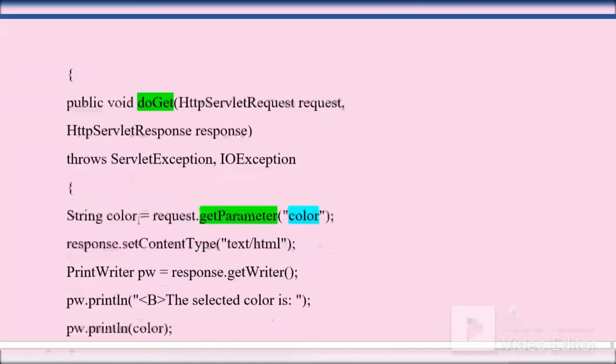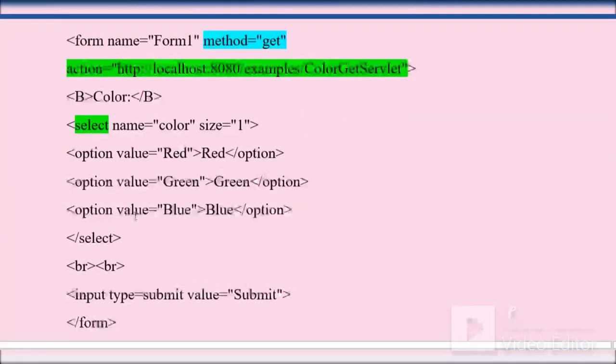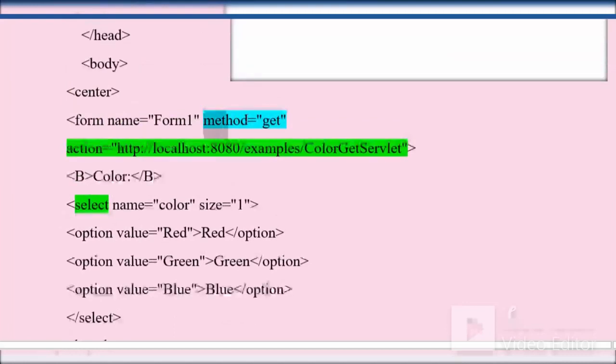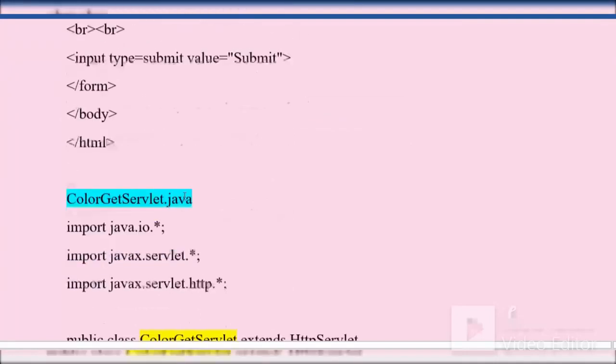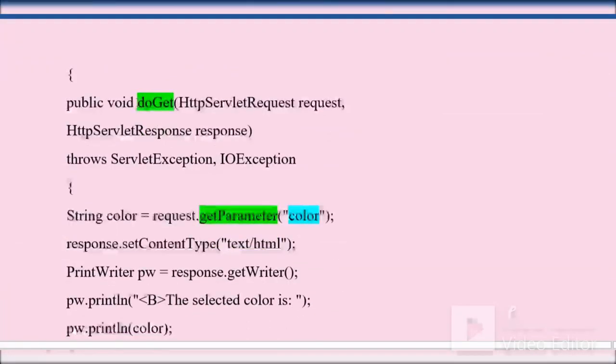Now when you write method equal to get in the HTML file, in this case in the Java program you should use the doGet method. If you use post in the HTML file, here we will use doPost.